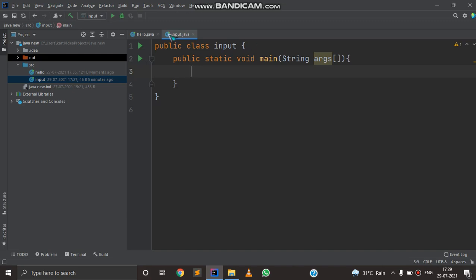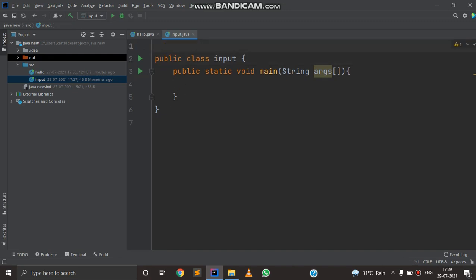So first we should understand how to take input in a Java program. Before taking input in a Java program, we have to import the scanner class, java.util.Scanner.